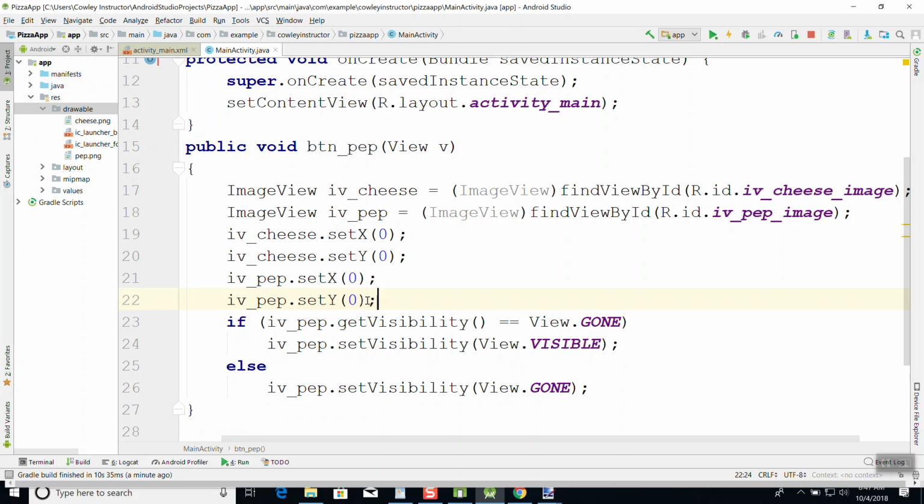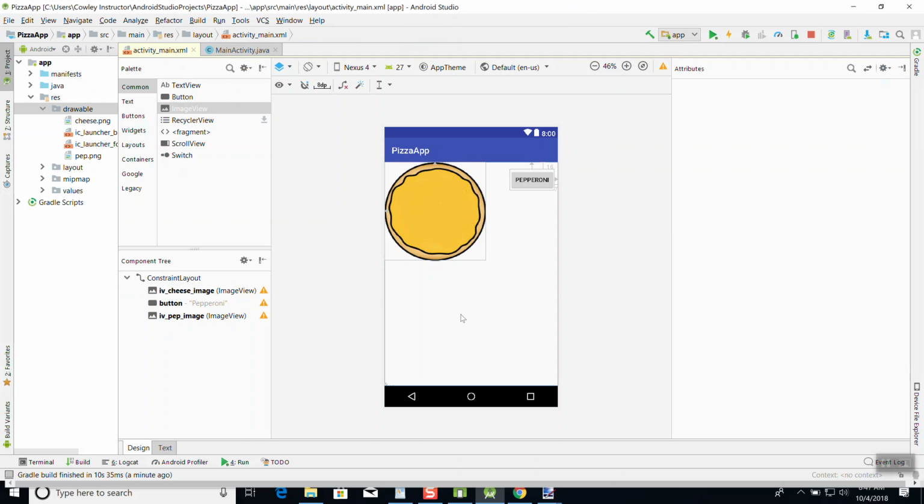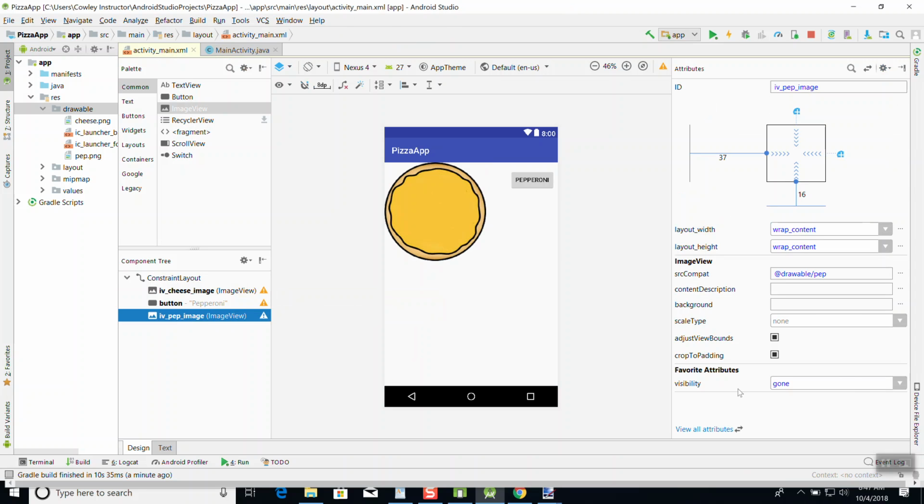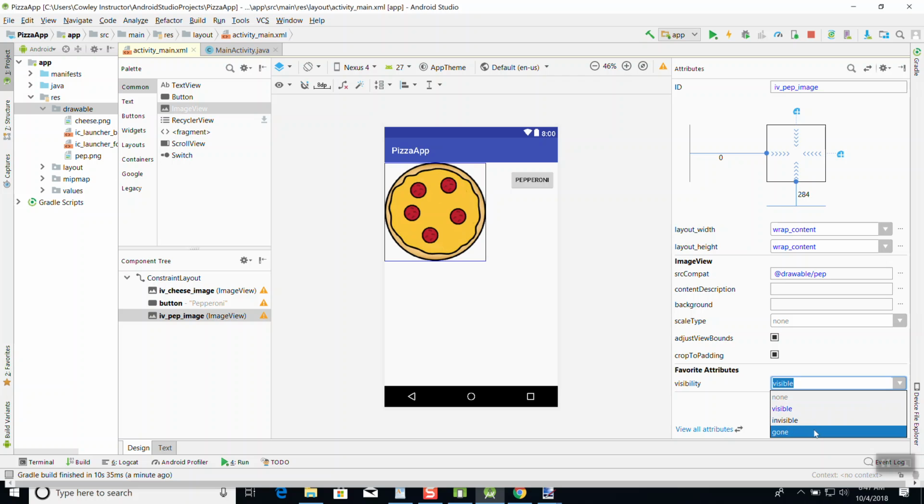That's strange. I set the position first. Well, that's easy to get around. I'll take my pepperoni here. I'll make it visible. I'll simply move it up to this upper right hand corner or upper left hand corner. And then I'll make it gone initially. Now if I run it,